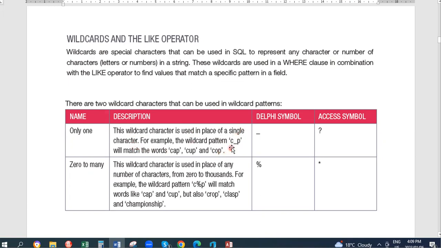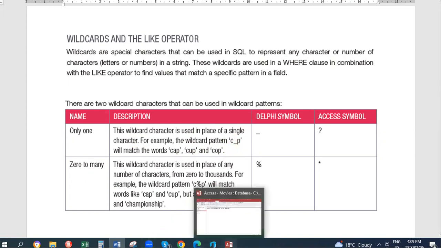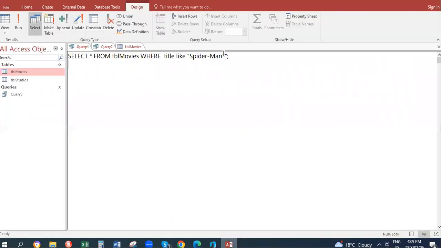For example, if you're looking for something like C underscore P, it'll give you every word that has a cap or a cup or anything that has a letter in between a C and a P. So even in the example that we're using, if I want Spider-Man